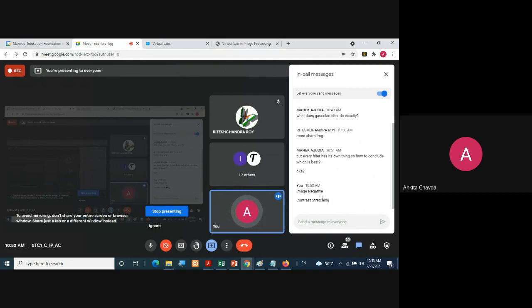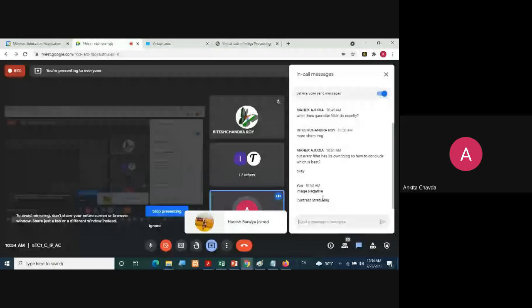And that is what we have already seen in our theory sessions. You first read an image, then check the stretch limit of that image. Please try to download a grayscale image. Don't download any color image for now. If you do, you need to convert it into a grayscale image first, and then you can apply this. So better download a grayscale image first.